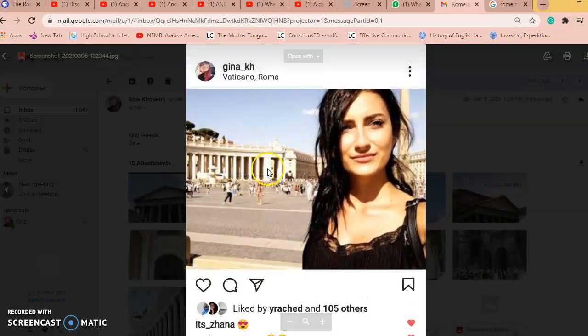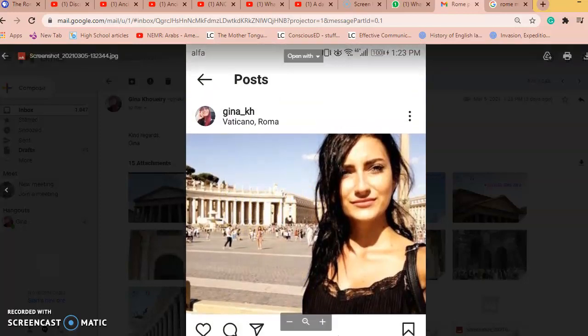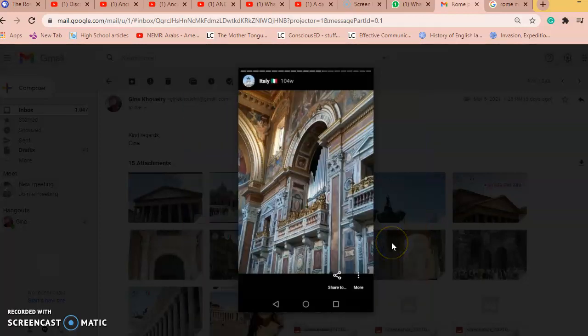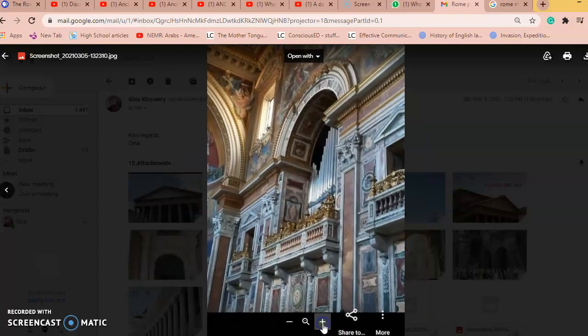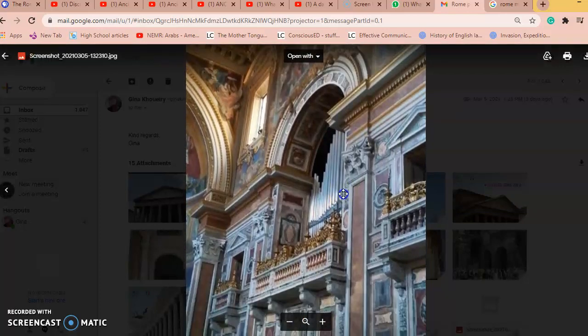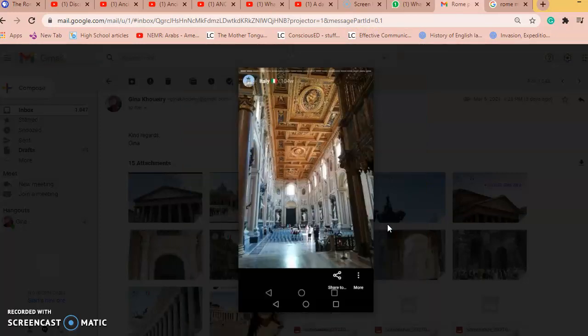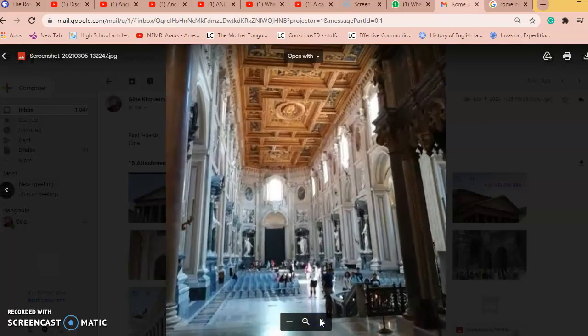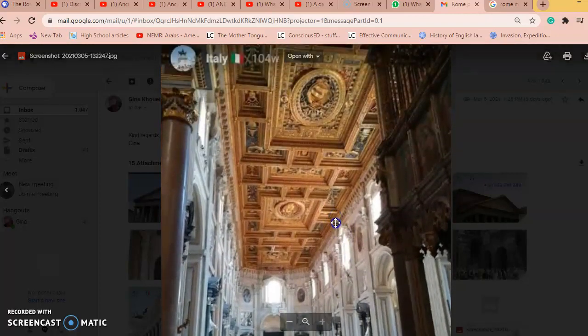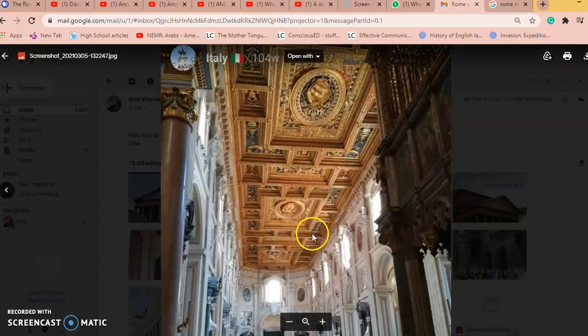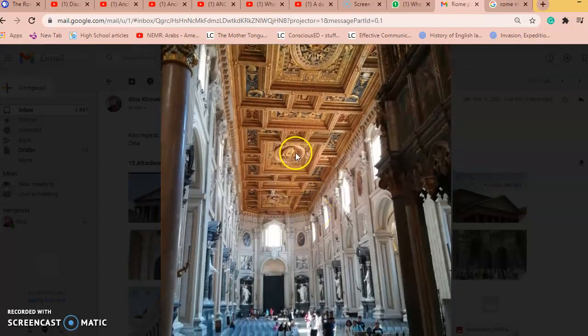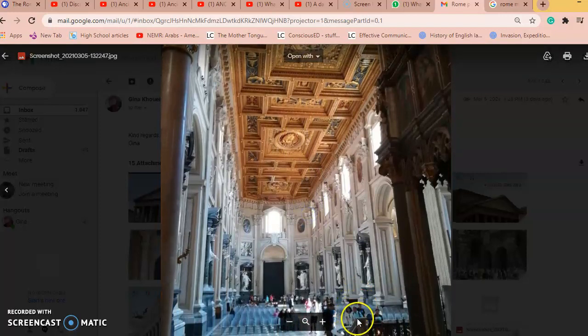As you can see behind me, it's very big. Okay, this is also inside. I think it was a church, if I remember correctly. Look at the design. They have drawings on the walls, gold. The architecture was beautiful. This is another picture that I took. Look at the ceiling, how high the ceiling is. The building was so high. This is all gold. Look at the people, how small they are, and look at the ceiling, how big it is.